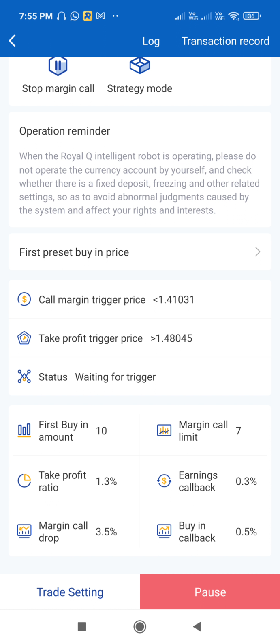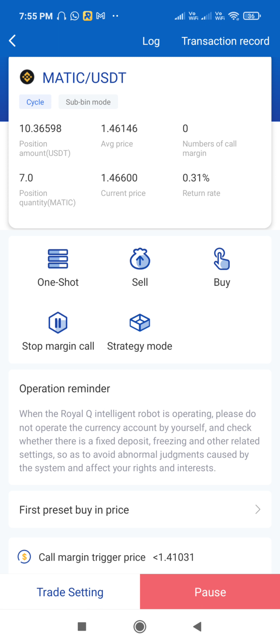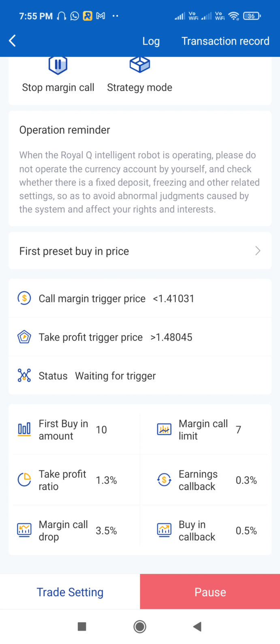So as per your strategy, after my first buy, if that currency drops to like 3.5%, the bot should buy one more time. It might be one time, two times, three times, it depends upon your strategy. Getting my point? From your first buy amount of $10, from your point of purchase, the current price comes down 3.5%, and again it will buy. Hope you got this point. This is the margin call drop, and it will buy up to 7 times as per your strategy.